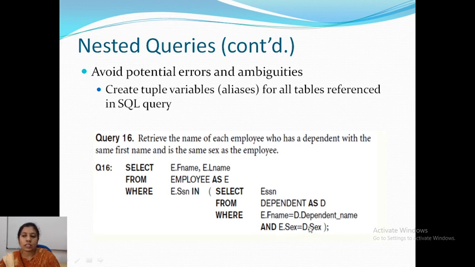Here this is a common name for the attribute, so we need to specify which table we are referring to. That's why instead of writing employee.sex or dependent.sex, we use aliases: dependent D and employee E.